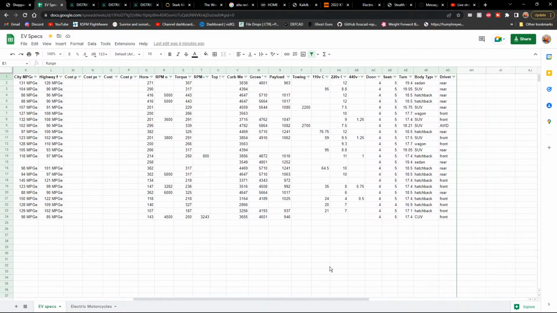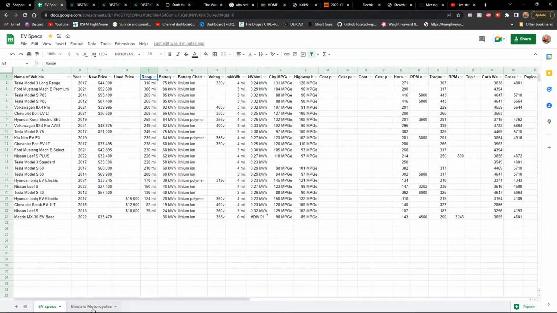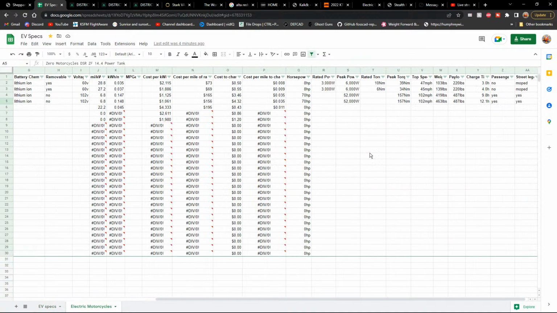So here you got 110 volt, 220 volt, and 440 volt. Those are the 3 most common ways to charge. 110 volt being your normal wall outlets. 220 volt would be a special installation, what most ovens run on, refrigerators sometimes. And then 440 volt would be your really fast chargers. Tends to degrade the battery though. So we got that. But here with the motorcycles, generally they're all just charging with the 110 volt chargers, because,